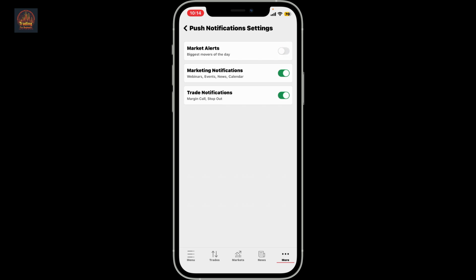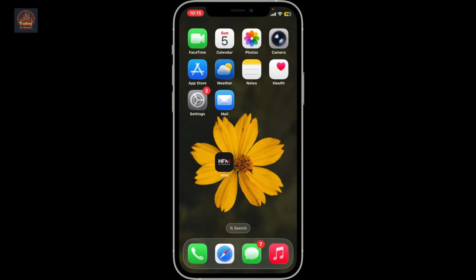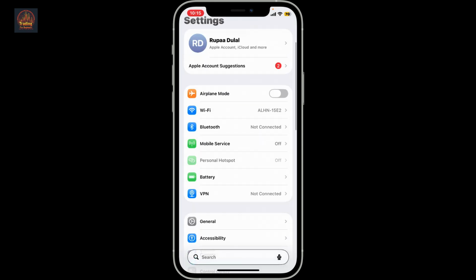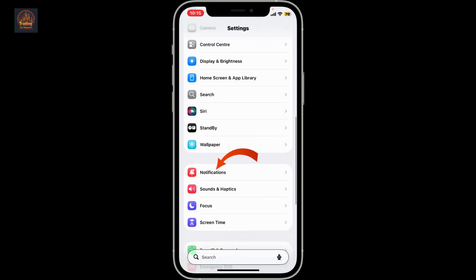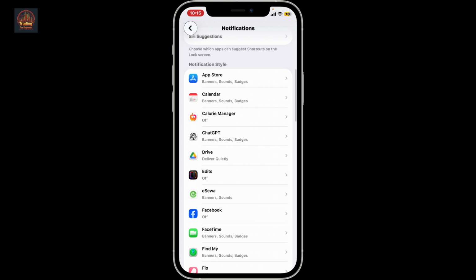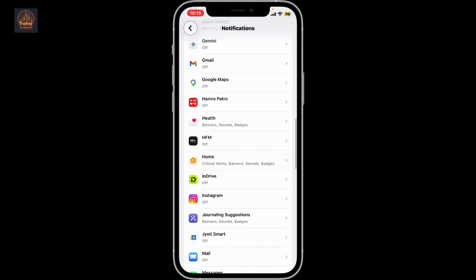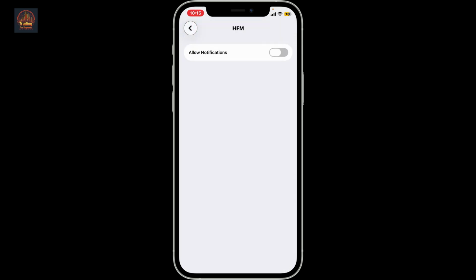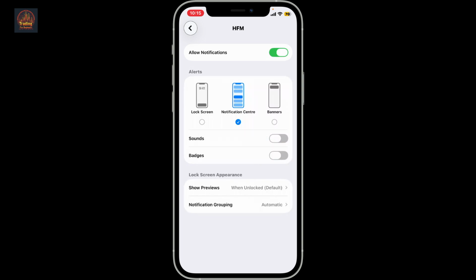If you don't want any kind of notification, then you can also go ahead and open up the Settings app on your device. Inside the Settings app, scroll down and tap on Notifications. And under the Notifications tab, choose the HFM application from the list. My HFM notification is currently turned off. If you want to switch it on, toggle on the button right next to Allow Notifications and make sure